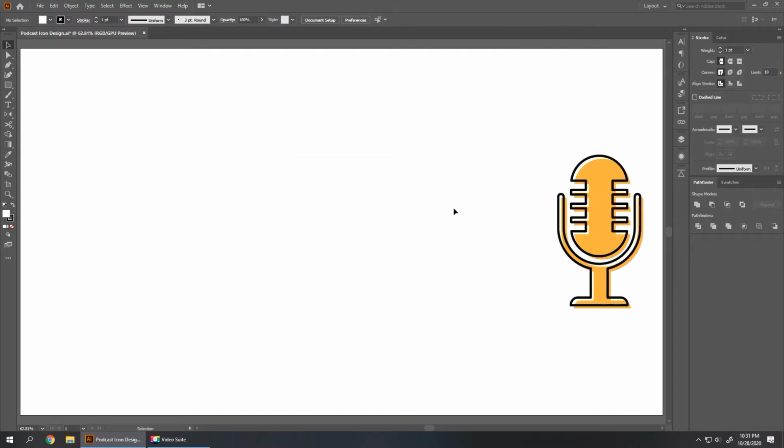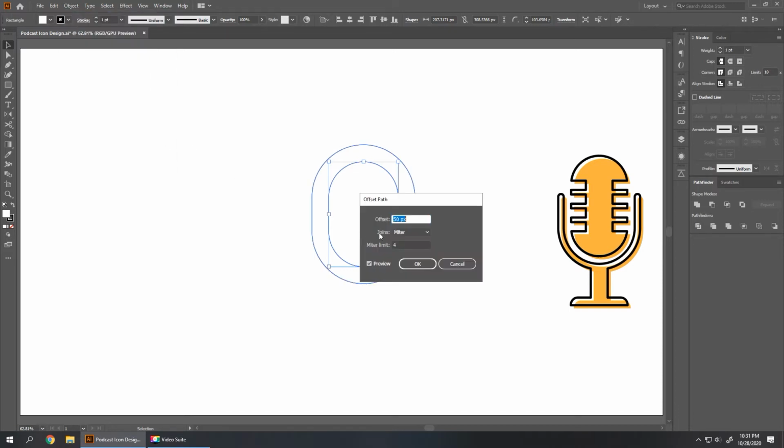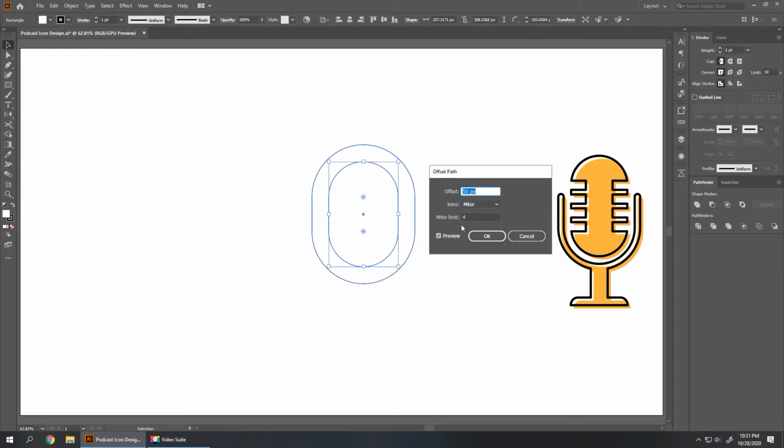Let me start with the microphone body, so I will grab the rectangle tool and draw one like this. Then I will round the corners by dragging a corner widget. Then I will draw the top part of the microphone handle, so to do that, I will go to the object window, path, offset path. I will highlight the offset amount, turn on preview and will scroll up with the mouse for a decent amount